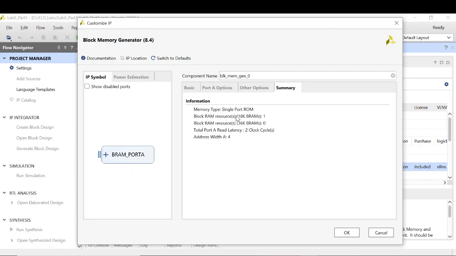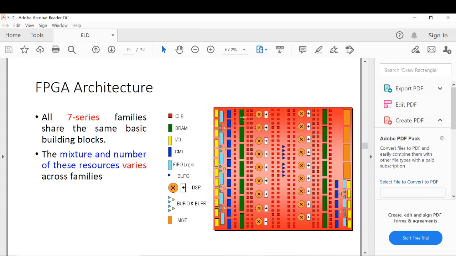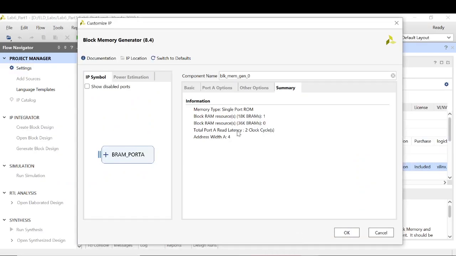So what is this 18K and 36K? These green blocks which you see here are of different sizes. For our board we have two different sizes of block: one is 18K, the second is 36K. For our purpose, I need only one 18K block, and that has been allotted to me.